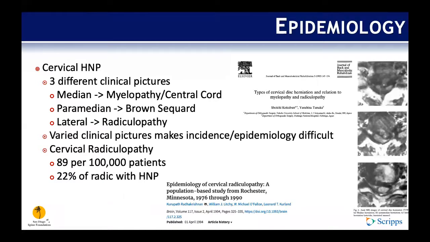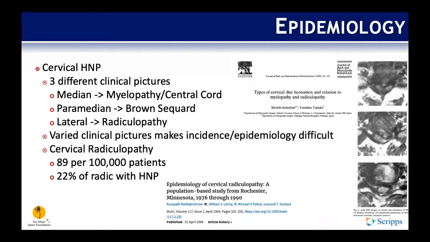And so getting into the cervical side of that, cervical herniated nucleus pulposus has a multitude of different clinical pictures. And this was addressed in this paper here on the right. It was actually out of a radiology journal, done by a couple of radiologists looking at the different pictures depending upon where the disc herniation occurs and how it manifests. So they broke it down into median, paramedian, and lateral. And because you can have so many different clinical pictures, each of them